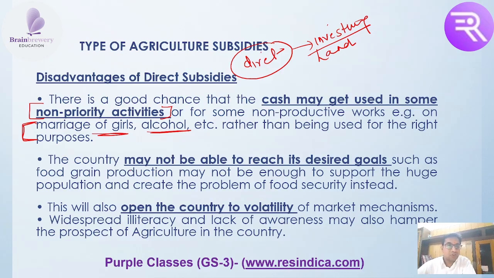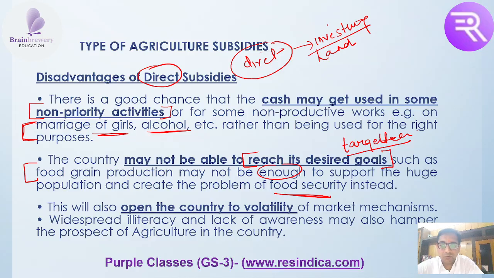Sometimes because of that we may not be able to reach our desired goal. If the subsidy is not targeted properly, we may not get the desired result that we were expecting. If we are expecting that our food grain should increase, it may not be enough to support the huge population, right? And sometimes it creates problems for food security instead. So direct subsidy does not mean that it will increase your food grain production, or help you increase your food security properly. It may help you, it may not help you. Okay, so this opens the country to volatility of market mechanism,